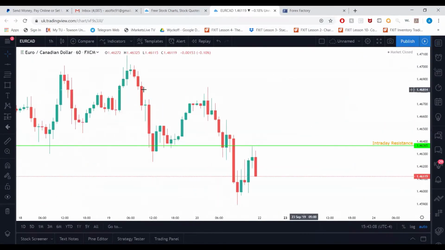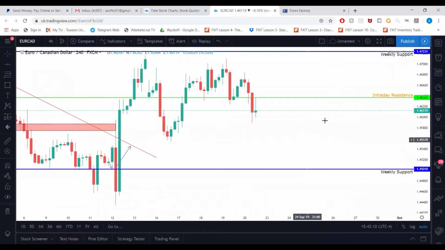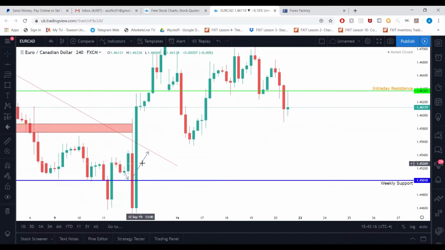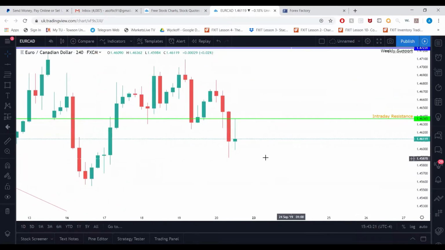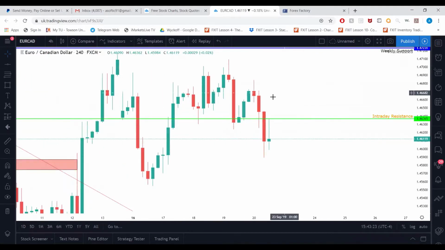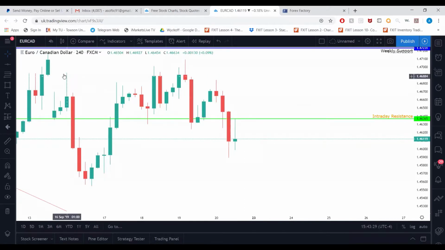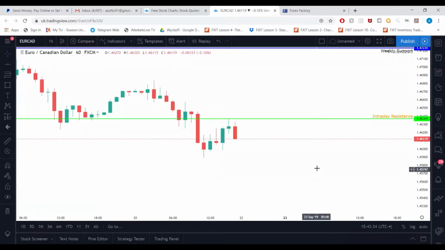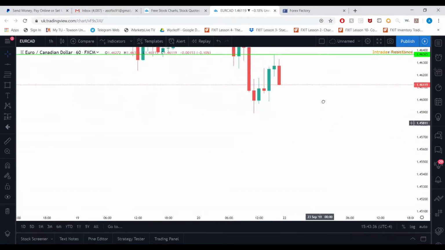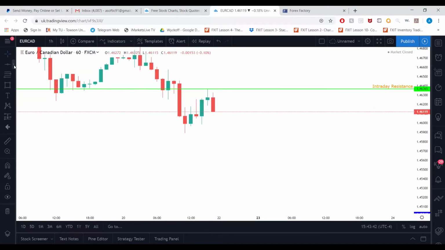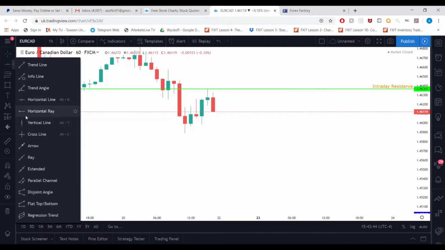EuroCAD. Oh, EuroCAD is looking nice. I like what I see. So this, we obviously had a break below previous support. Now it's resistance. And let's look at it on 1 hour. So here, a little bit late to this trade. I won't chase it unless it breaks